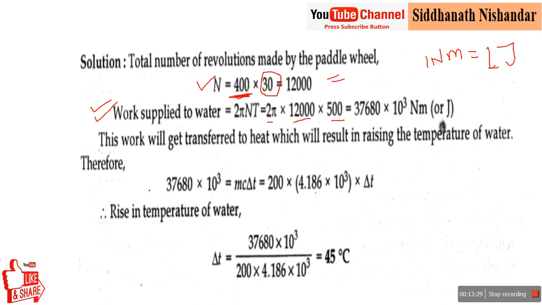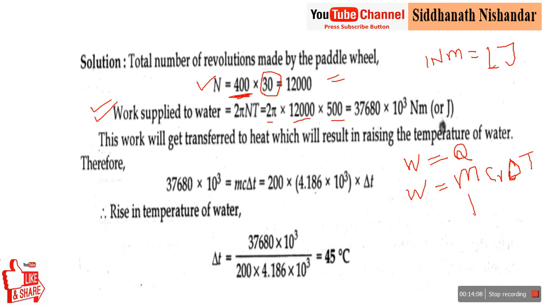Now we know that work done is equal to the heat developed. What amount of heat is developed? Work done is equal to heat produced, according to the first law when the system undergoes a cyclic process. The heat produced in the system is Q equals m Cv delta T. We saw that when the system undergoes a constant volume process, we get this simple formula, m Cv delta T.